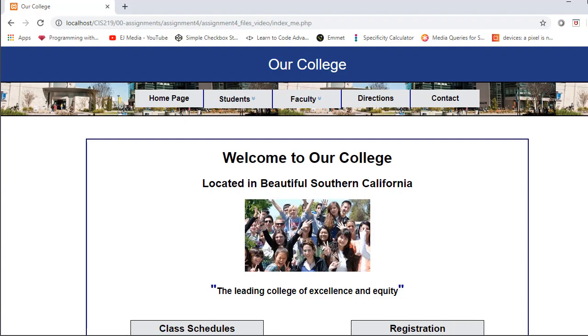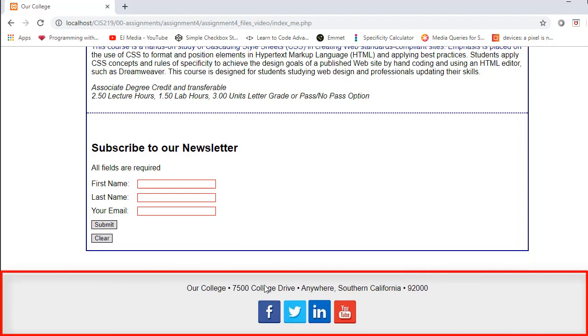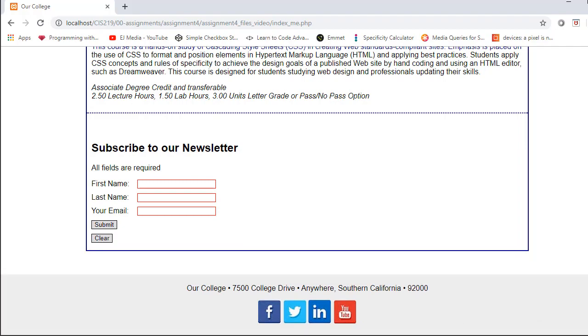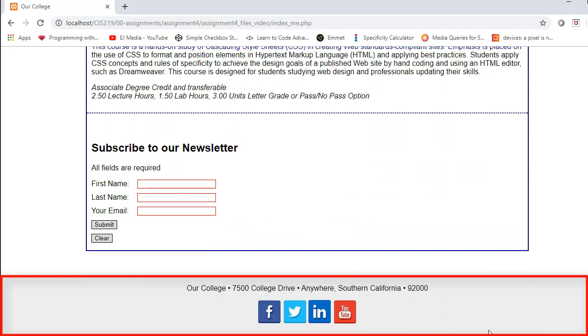I would like to go over the assignment. Here we see a web page that has quite a bit of content. Notice we have a footer section, and we also have this banner section. So we will pretend that in this website there are many pages, and the banner section and the footer section